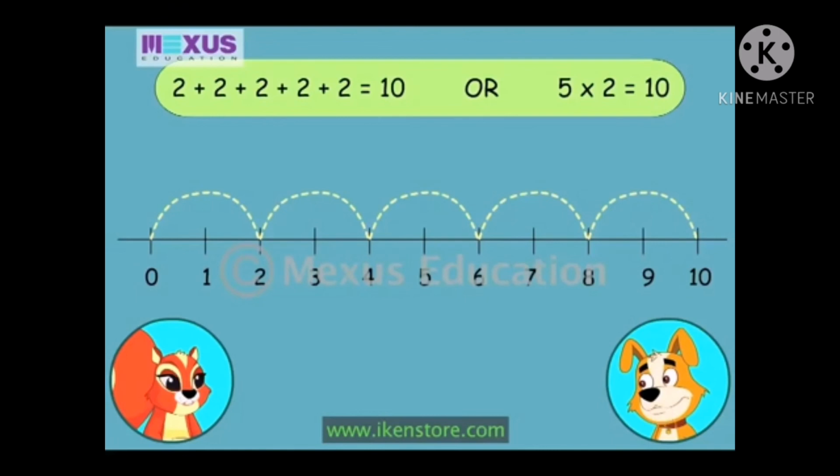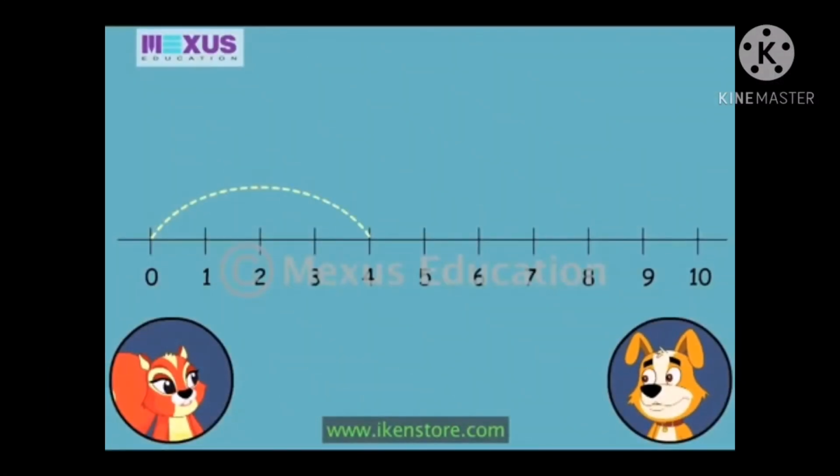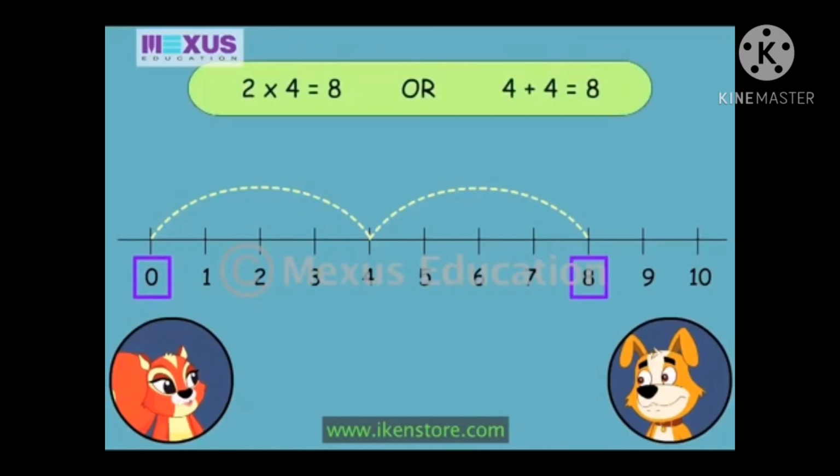Well done, Amber. You are absolutely correct. This arc has jumped from 0 to 4. This arc has jumped from 4 to 8. Amber, what is the multiplication fact for this number line? The 2 arcs have jumped from 0 to 8 in 2 steps of 4 each. So, 2 times 4 is equal to